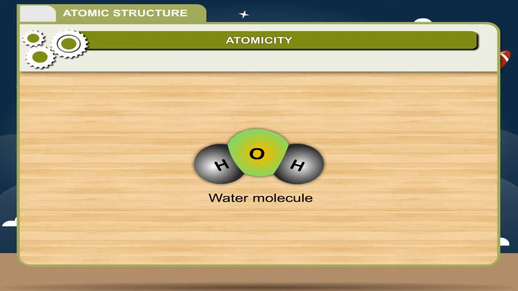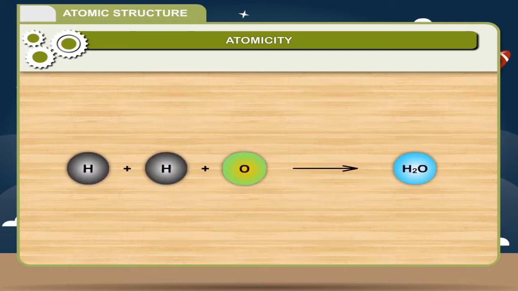Water is a compound, and 1 molecule of water consists of 3 atoms, which are of 2 different elements, namely hydrogen and oxygen. These atoms are chemically combined together in a definite ratio: 2 atoms of hydrogen and 1 atom of oxygen. H plus H, 2 atoms of hydrogen, plus O, 1 atom of oxygen, gives H2O,